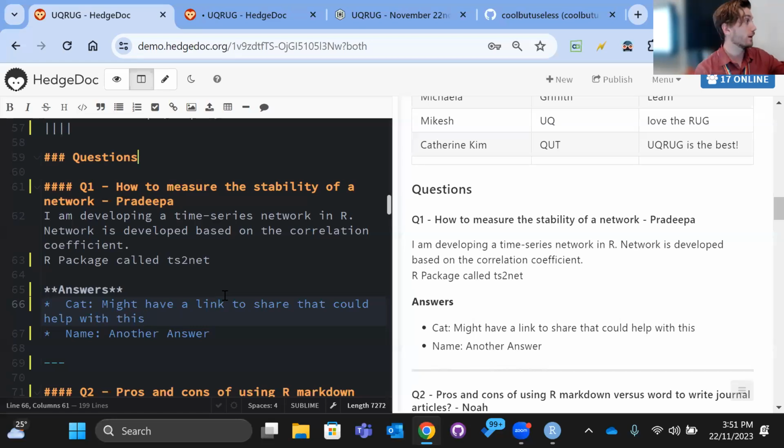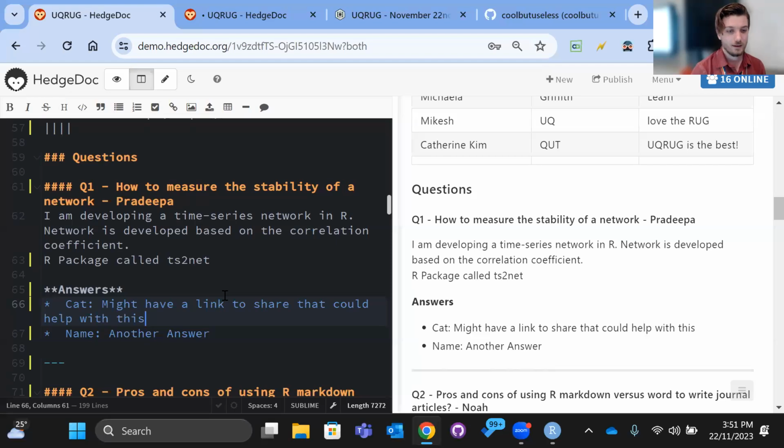You're totally right. If people want to Google around, try Googling TS2net, or how to measure the stability of a network that you created using TS2net. Yeah, I'll try that. Many hands make light work, and Valentina has done this a number of times on YouTube, saying, I have no idea, here's the solution, and it works. So, yes, thank you.